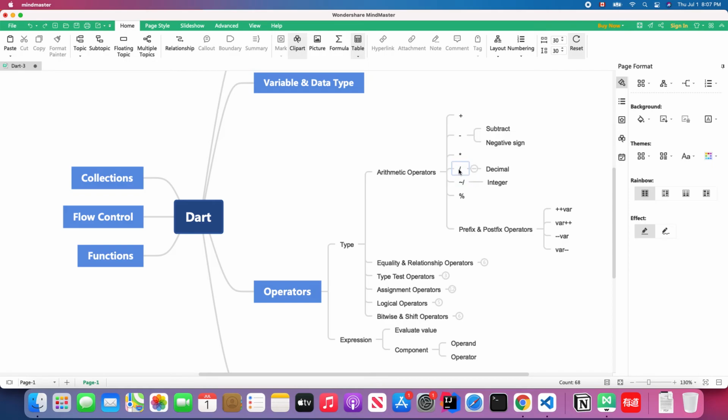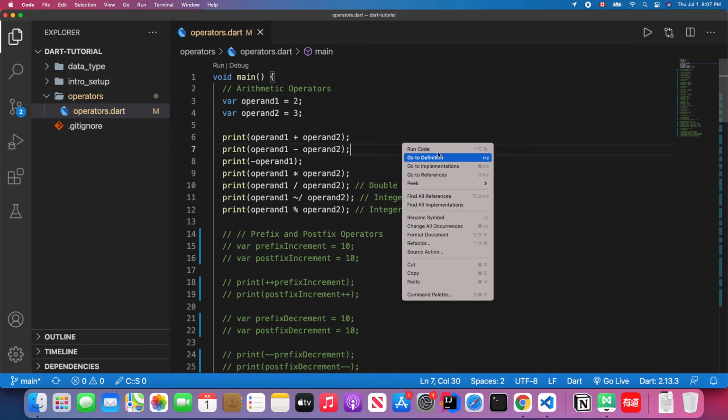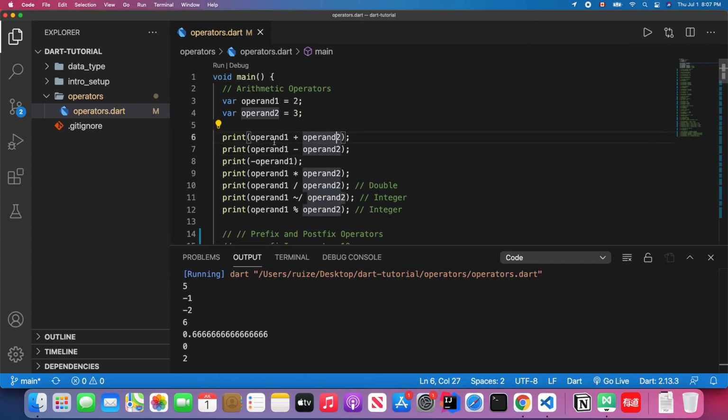The first one, if you divide two numbers in Dart, will return a decimal point. I have an example to show here. I give the first operand the value 2, and the second operand the value 3. If I add those two, I get 5, right? If I subtract those two, I get minus 1. And if I